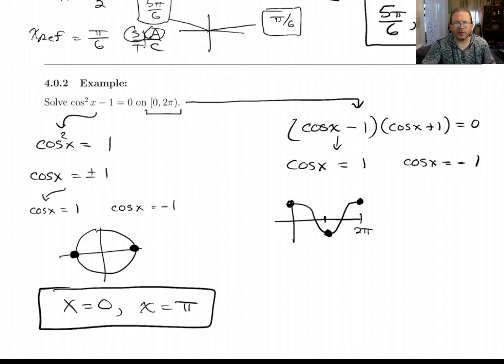All right, so that's two examples, and we've got two more, but I'll put those in the next